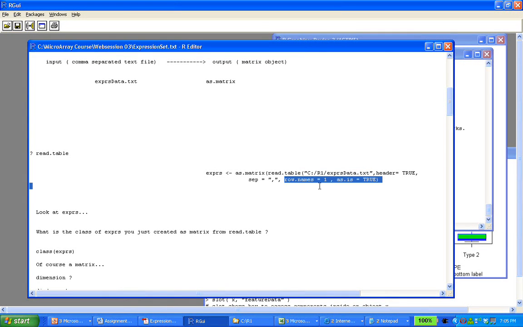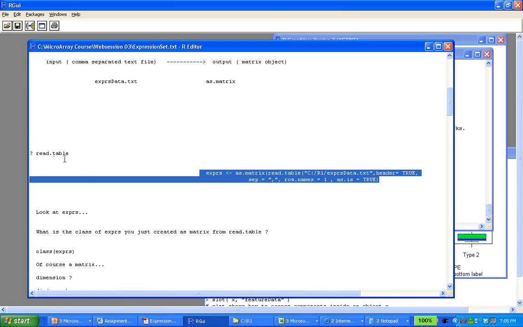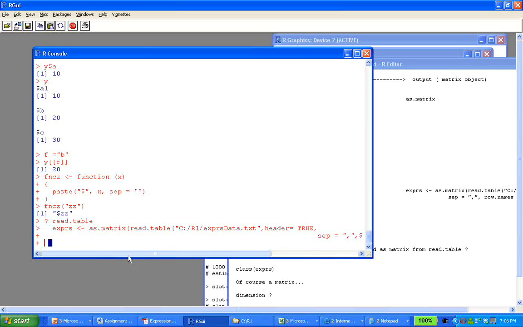row.names equals one means I want to import all the rows, and as.is equals true means if some of my column is coming as a number, I just want to use that as a number. If some of my column is coming as a character, I want to use that as a character. I don't want to do any conversion. For details, you can look into the help file, like I showed you for read.table. So that's the first thing I do here, I read